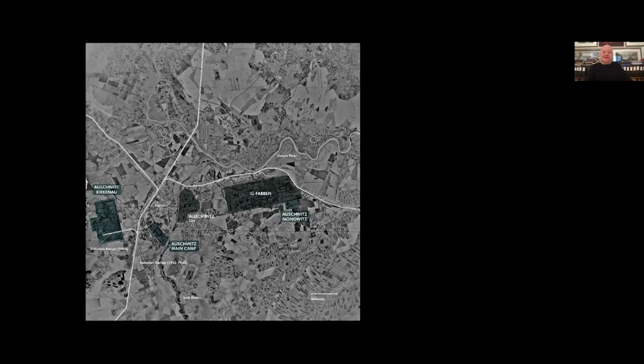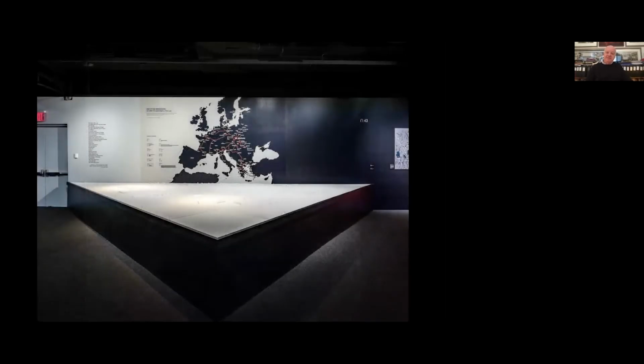There are 40 satellite camps elsewhere in Upper Silesia. So again, to take you through the exhibition: after the selection, there is a big room that shows a large model of Birkenau. It also shows the places of origin of most of the inmates in Auschwitz. And that map shows that Auschwitz was different from Treblinka, Belzec, and Sobibor, because a great number of its victims came from Western and Southern and Southeastern Europe, while Treblinka, Sobibor, and Belzec were primarily devoted to the murder of Polish Jews.